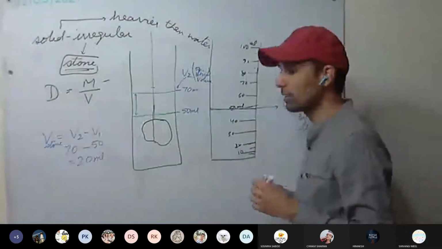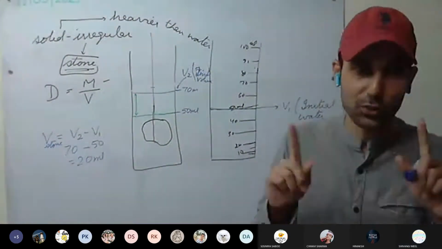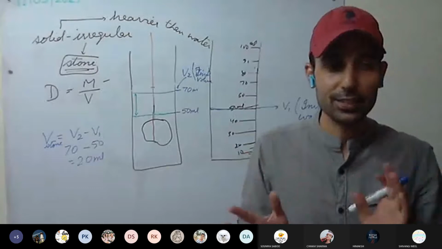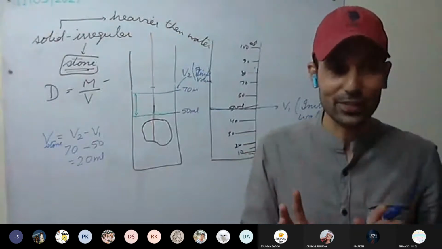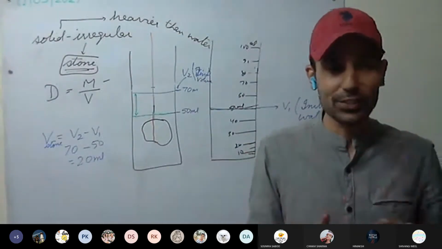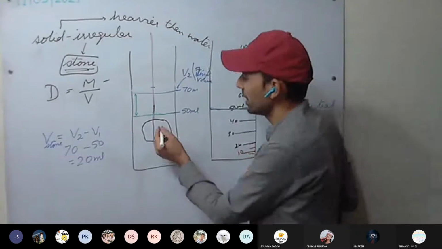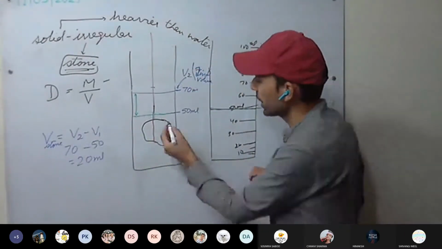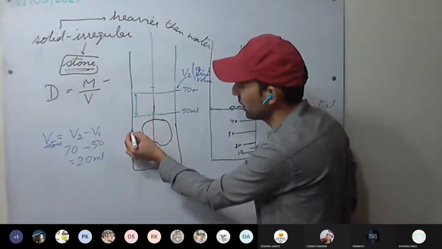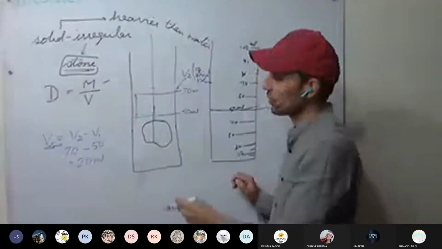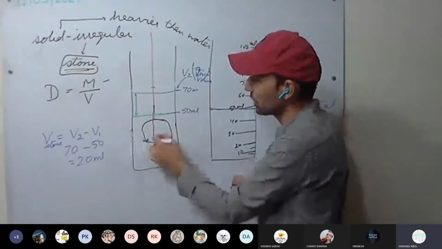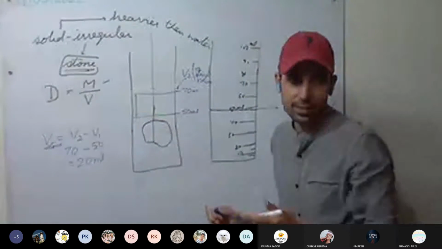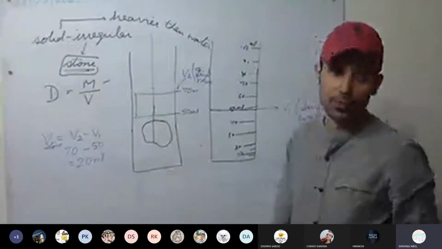Okay. I as well have the doubt. I searched on the internet as well. There may be some other reason or not, but I haven't got any answer to that. You as well search on the net. But what I think is, the stone may have some sharp edges or not. So it may tear the sides of the measuring cylinder because it's made of glass. So it may tear it. Okay. Maybe because of that.